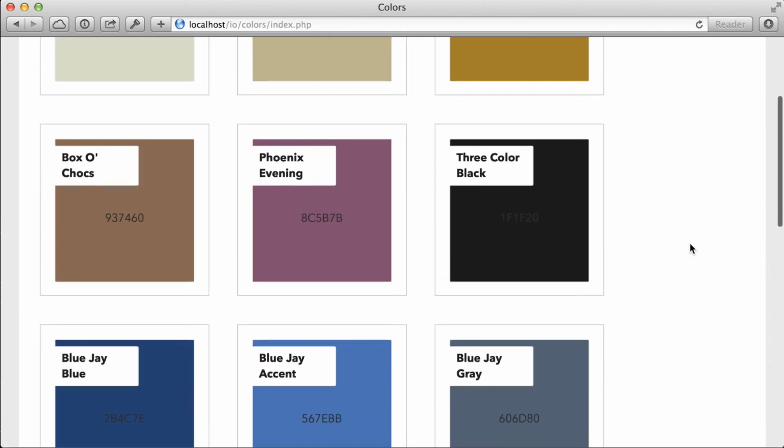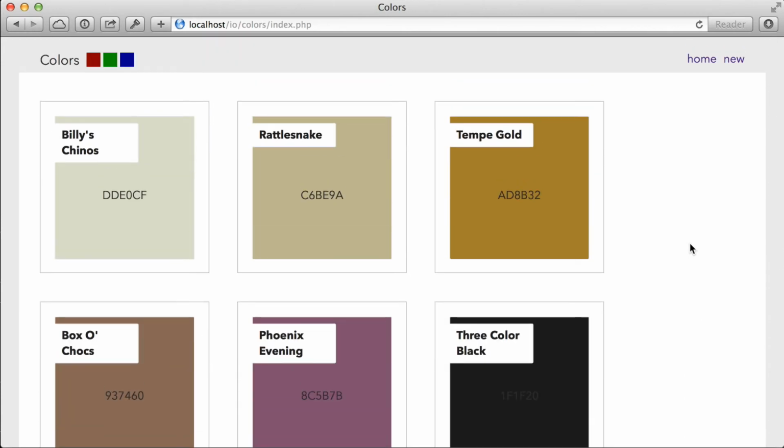What advantages would there actually be to standardizing those color codes, having them stored as all upper or all lowercase in our data file? Well, imagine that we start going through the process of building a search feature into our colors page. And maybe what we want is to allow people to search by color component. Maybe I wanted people to be able to search for colors that had FF for their red value, for example, to find colors that had a lot of red in them.